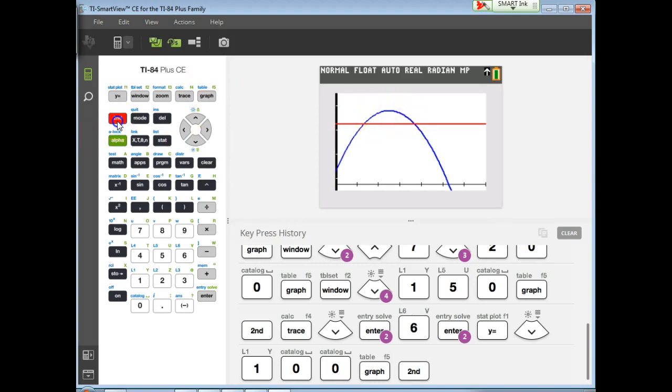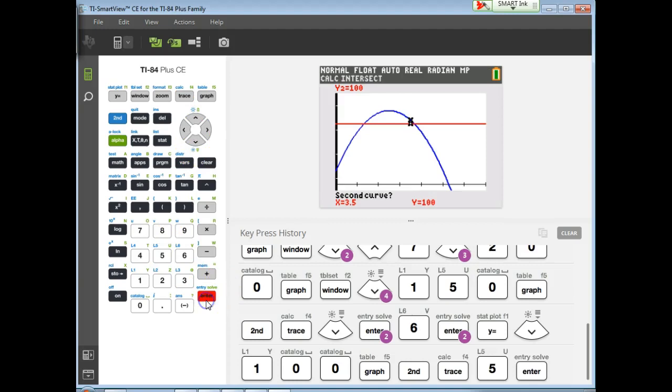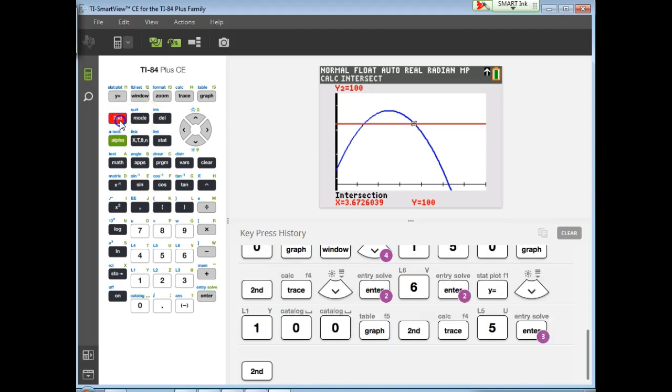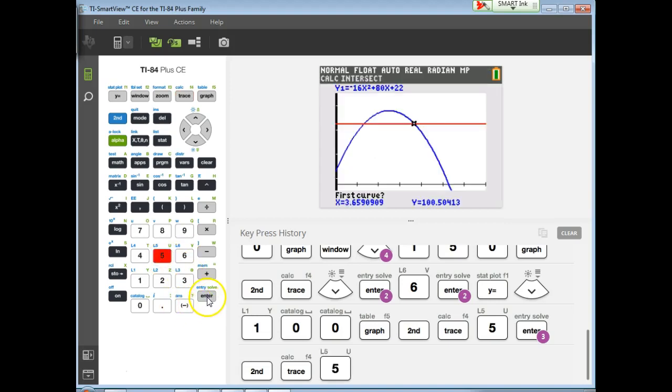So you need to find both of those times, which would be commanding it to do an intersect. So 5. Now this time, when you hit enter, enter, enter, it's going to default to the closest one. So I need to kind of jot down 3.7 on my paper somewhere. And then we're going to have to do that again. But when you hit enter the last time,